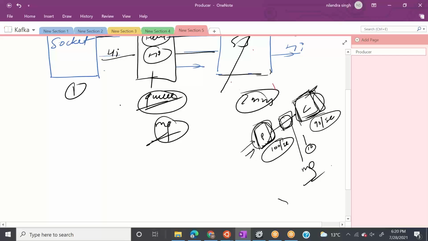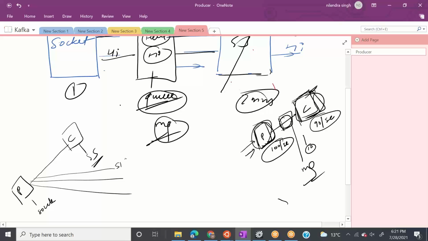That somebody is a messaging queue, right? One more thing: right now we have one producer and one consumer. The producer is our socket application, the consumer is our structured streaming, and there's a one-to-one connection. But let's say we have 100 consumers or 100 structured streaming APIs. It will create 100 connections like this: SS1, SS2, SS3. Then there will be a burden on this app, obviously, right? So this is the third problem.